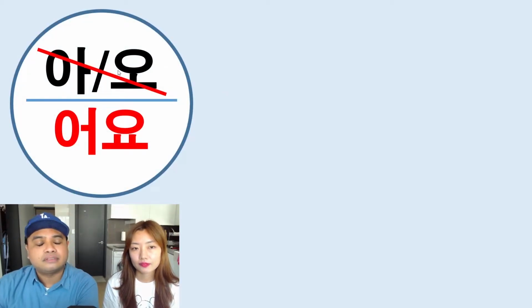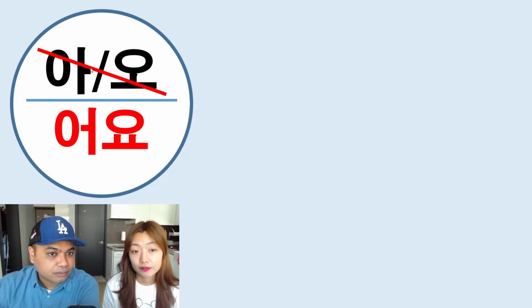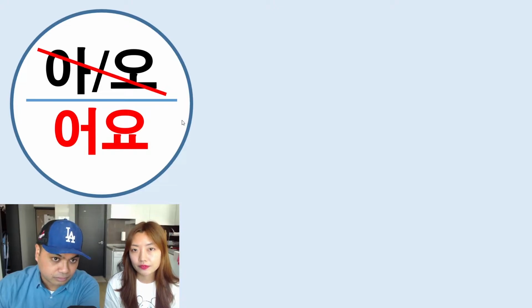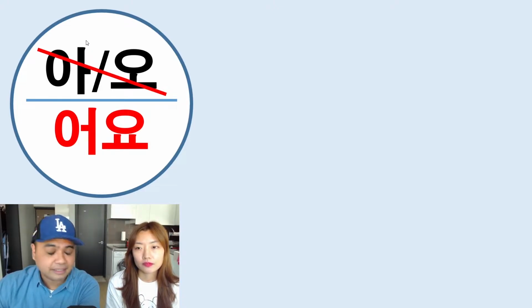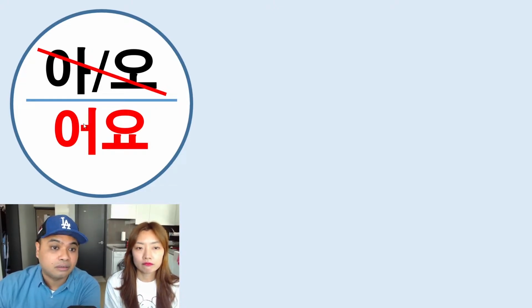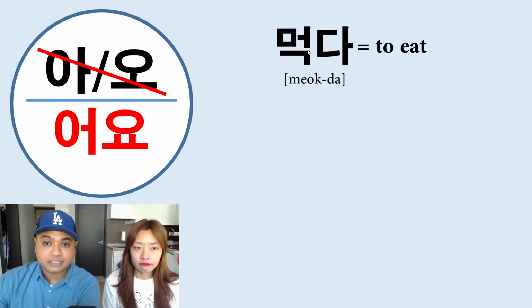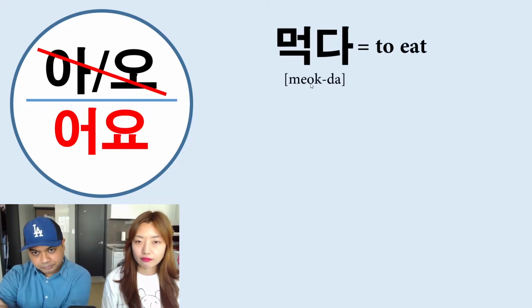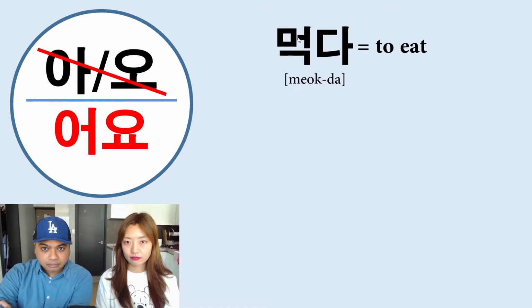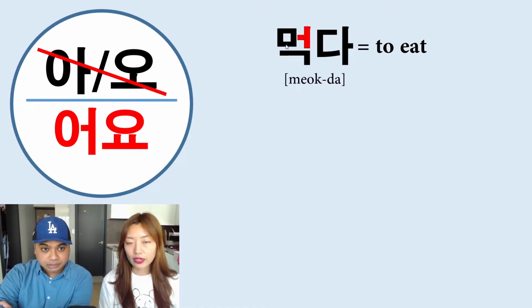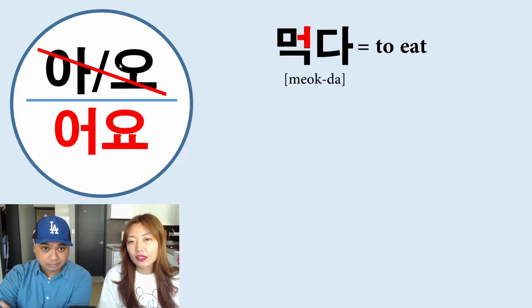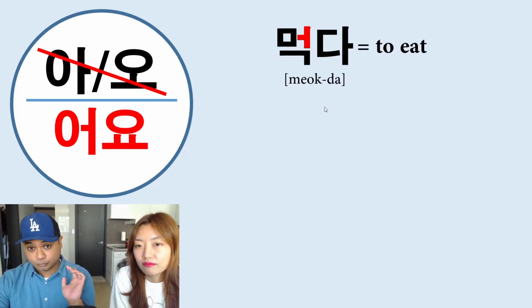Now, if the last vowel is not an a and not an o, you need to add 어요. Oyo, right? So remember, if it doesn't end with an a or o, you need to add oyo. So right here we have 먹다, mukta. Mukta ends with an o, right? It's not an a, it's not an o. So we need to add